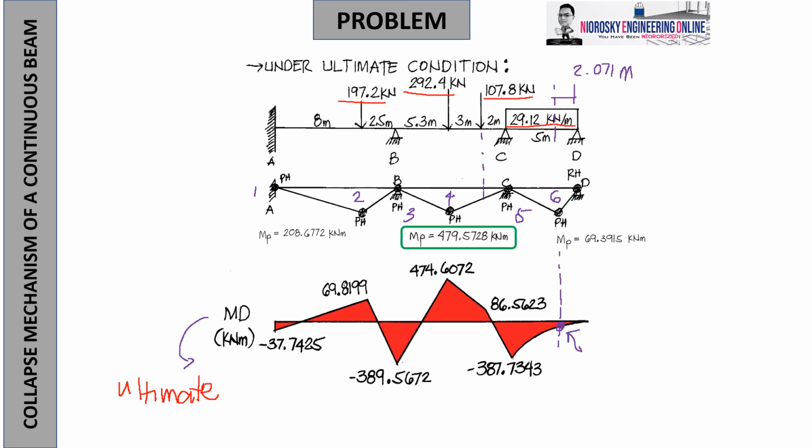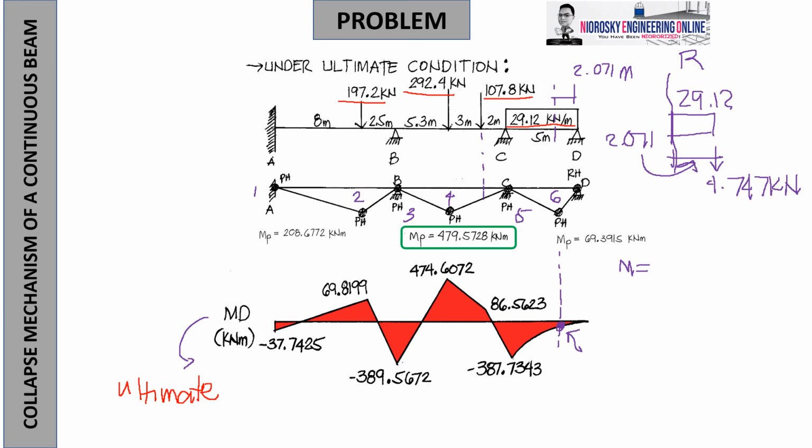Now, if you recall, may load reaction tayo nakuha under elastic theory as 4.747 kilonewton that goes down. No? And then this is 29.12, and the distance is 2.071. So our main objective is to get that moment, and then the moment can be calculated as, if you notice, it is negative bending kasi nasa right hand cut ka. So lahat na clockwise, negative ngayon. So negative